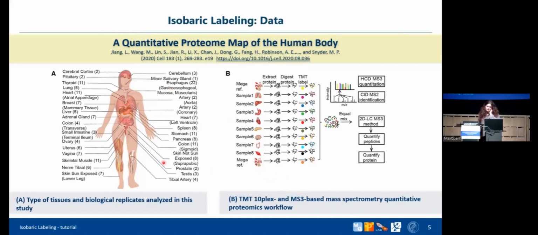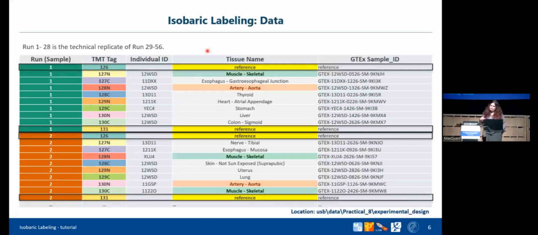And you can also see from this other picture, picture A, that it's exactly as the title says, a proteome map of the human body. So we have several tissues from the human body. But let's be more specific. If you read this paper and check the supplementary material, you will find exactly this experimental design. This is exactly from the paper. I didn't change anything; I just put it in slides to show to you. And you can already see